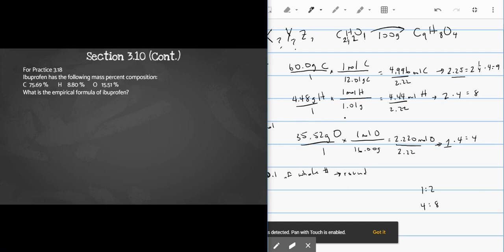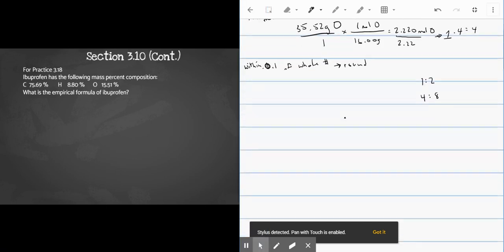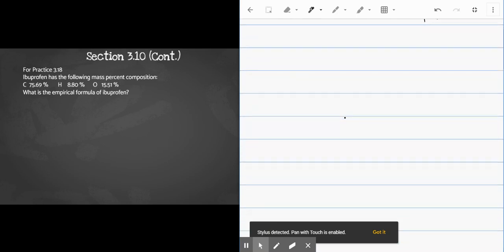Let's do a practice problem. So you guys go ahead and try this. All right, for practice 3.18 out of your textbook, and the answer is in the back as well, by the way, we're going to find the composition of ibuprofen. Okay, so what is the empirical formula of ibuprofen? We have